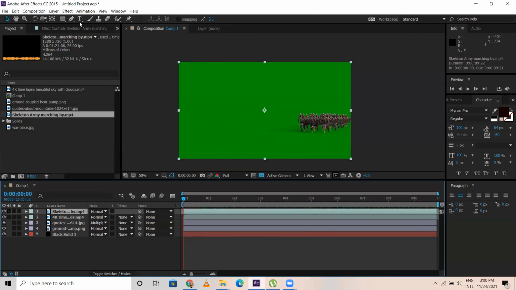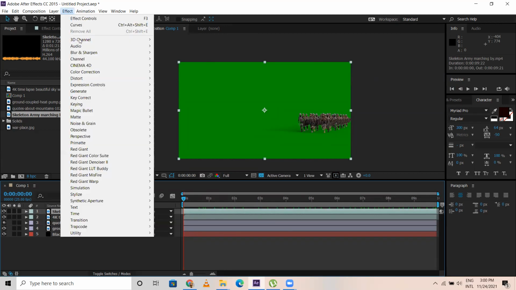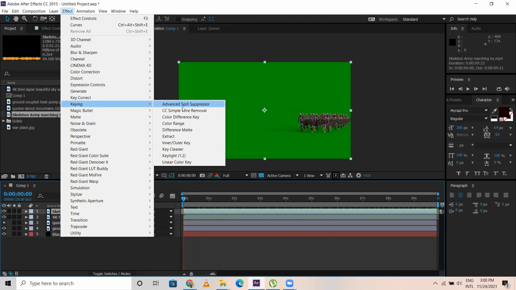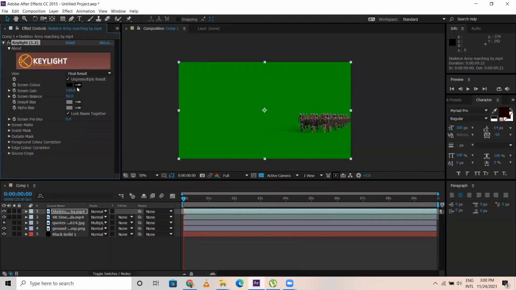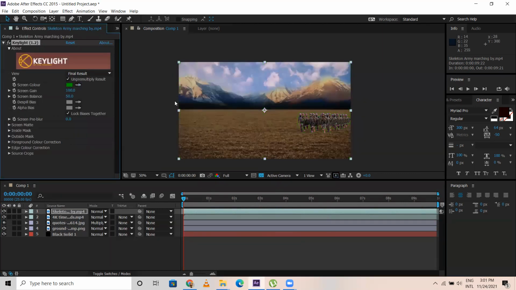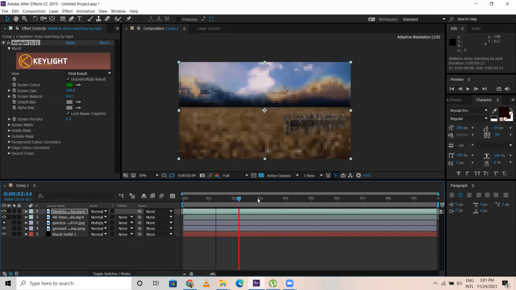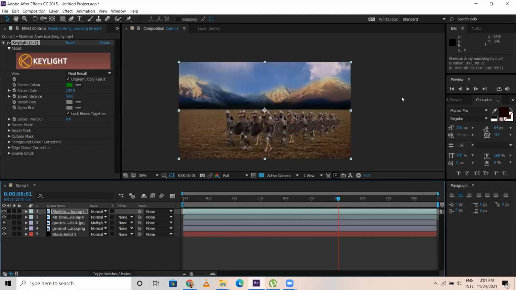Now select this layer, go to effect, keying, Keylight. Take this eyedropper tool, remove this one. Okay. So now if you see, this is looking something like this.